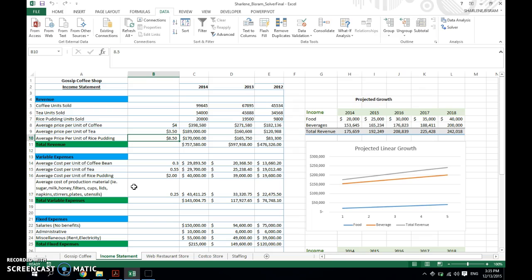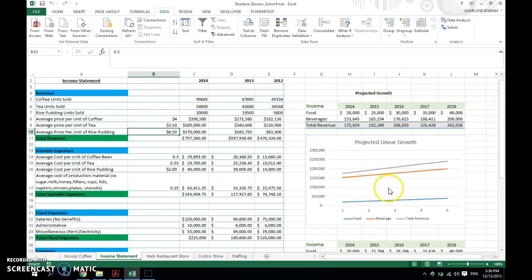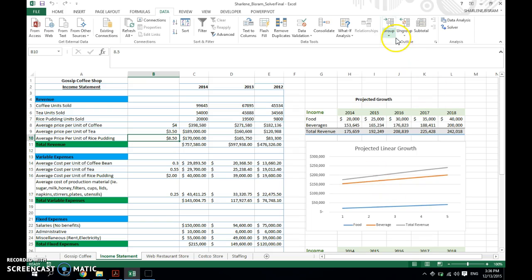My goal in developing this income statement was to see if Gossip Coffee could reduce their expenses and make greater profits by choosing different suppliers. Within the income statement tab, I also did a projected linear growth and projected growth trend to see where the company would be in the next 5 years. I did this by using the interpolated series, using the series tab